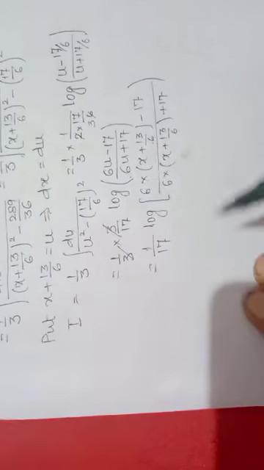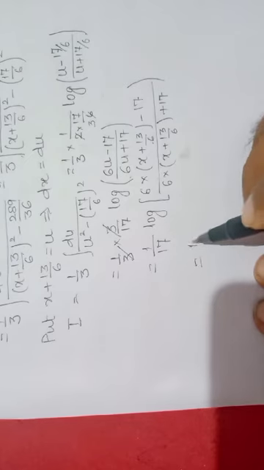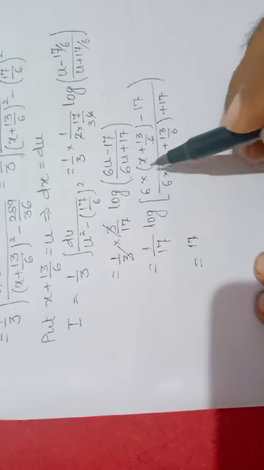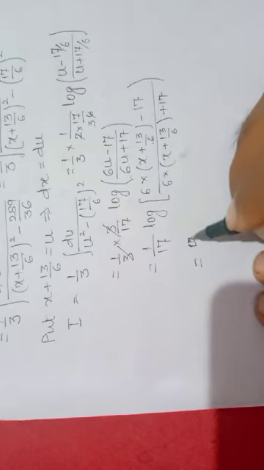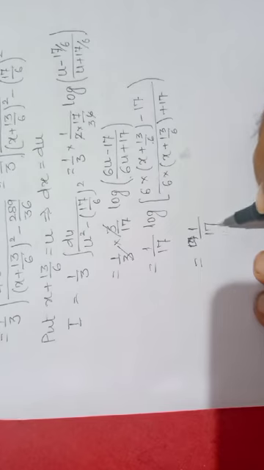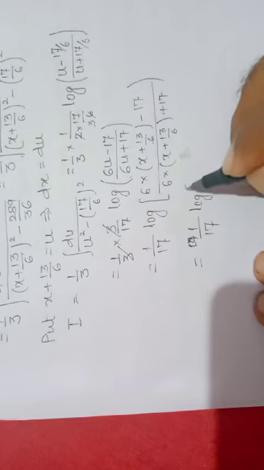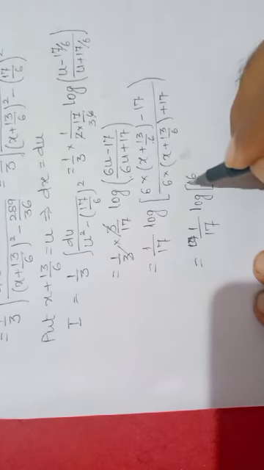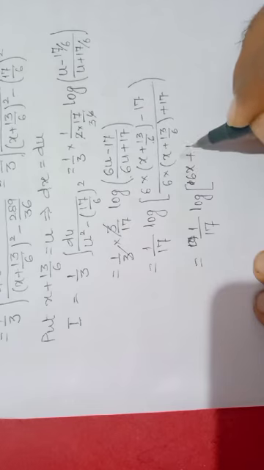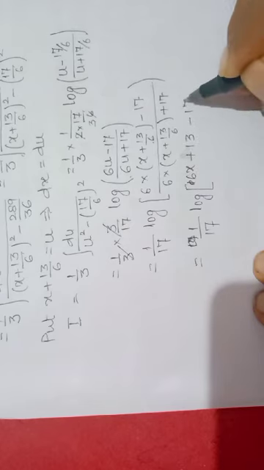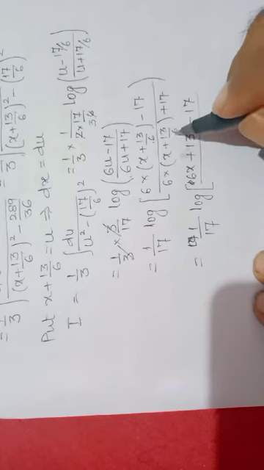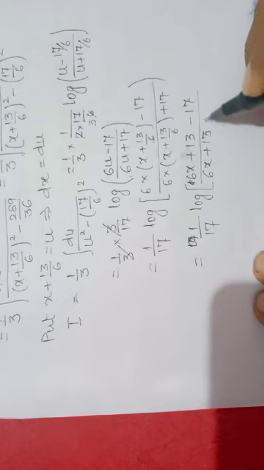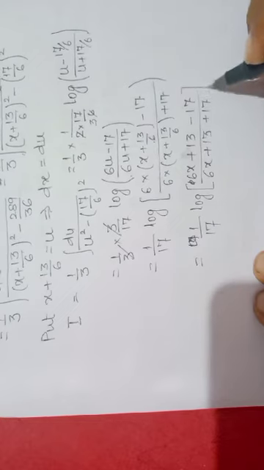Hence after taking LCM of brackets, this 6 and this 6 should be cancelled, but here it becomes 6x. So we write 1 by 17 log of 6x plus 13 minus 17, and here again 6x plus 13 plus 17. This is your final